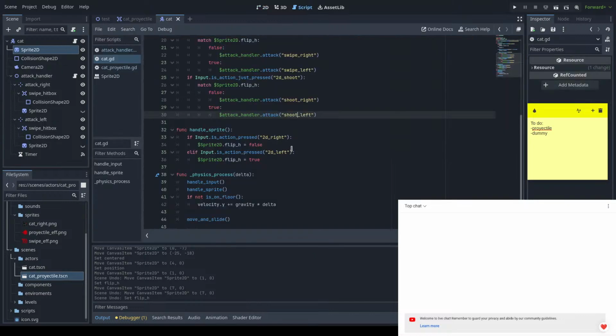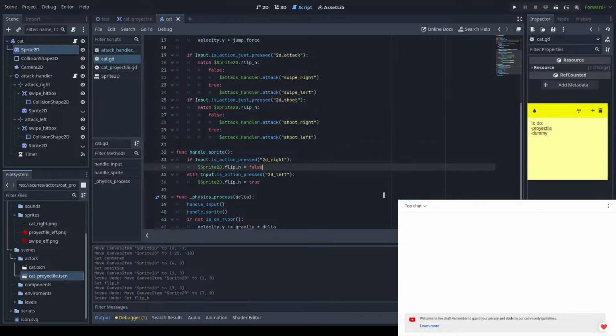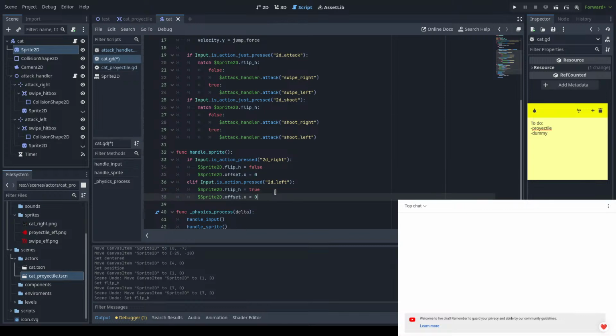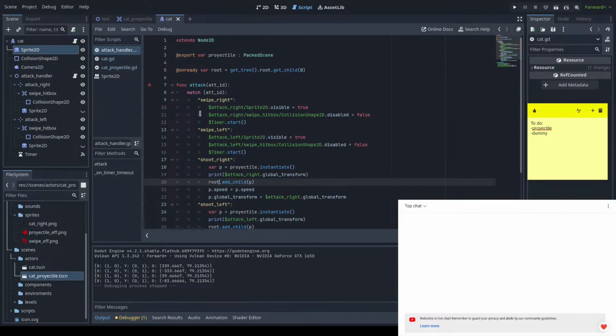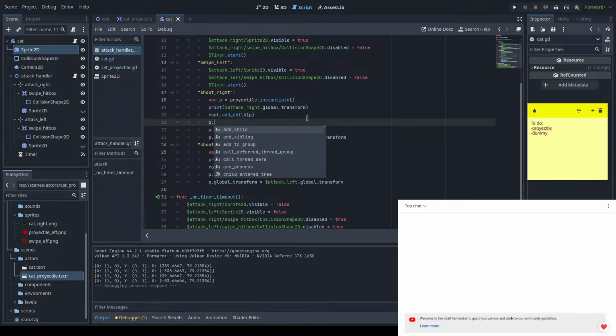So we're gonna look here on the cat, and then we're just gonna call for the sprite again. Offset dot x equals 0, and offset dot x equals 7, and that should center the cat properly. And then we have to go here, and then p dot